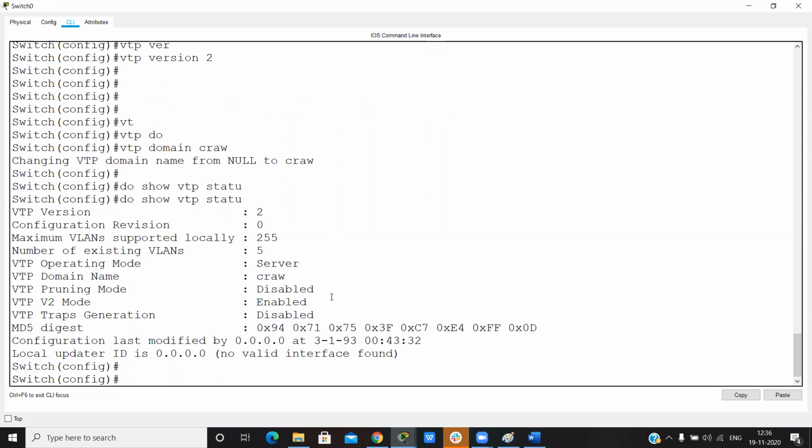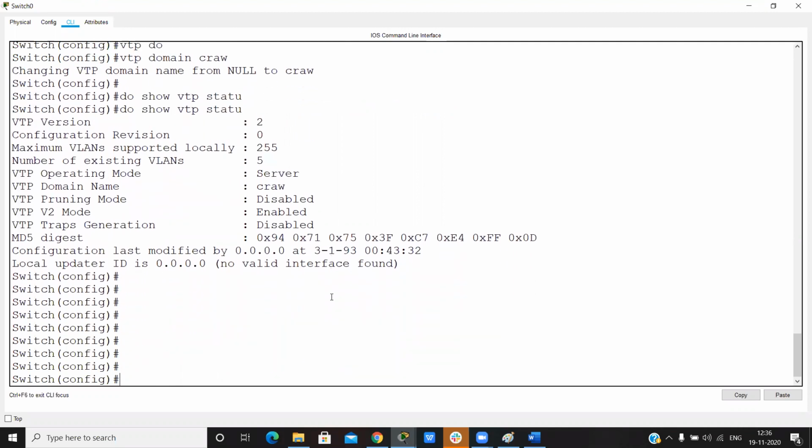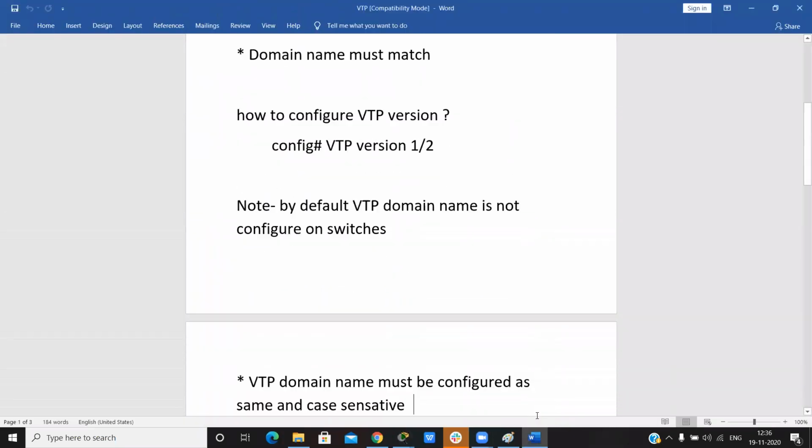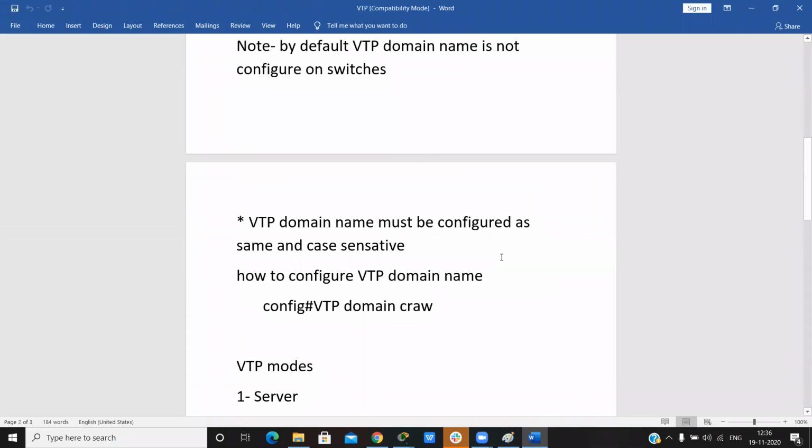And the VTP domain name must be configured exactly the same, and it is case sensitive.